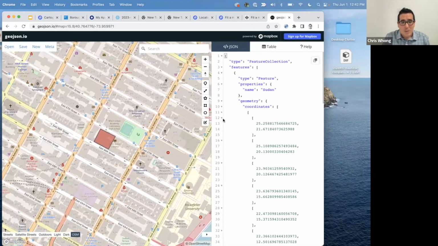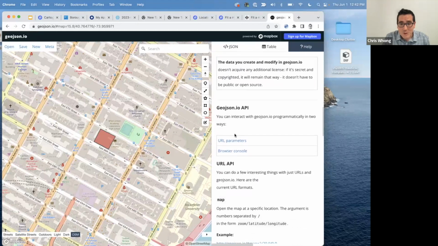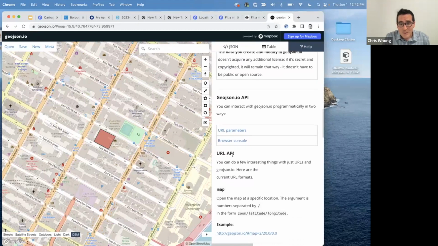But I wanted to share one of the really powerful ways that people use GeoJSON.io, and I do this all the time, which is as a preview when you're doing code-based spatial data manipulation, right? If you look on the little help here and scroll down, you'll see the GeoJSON.io API, and this URL API.